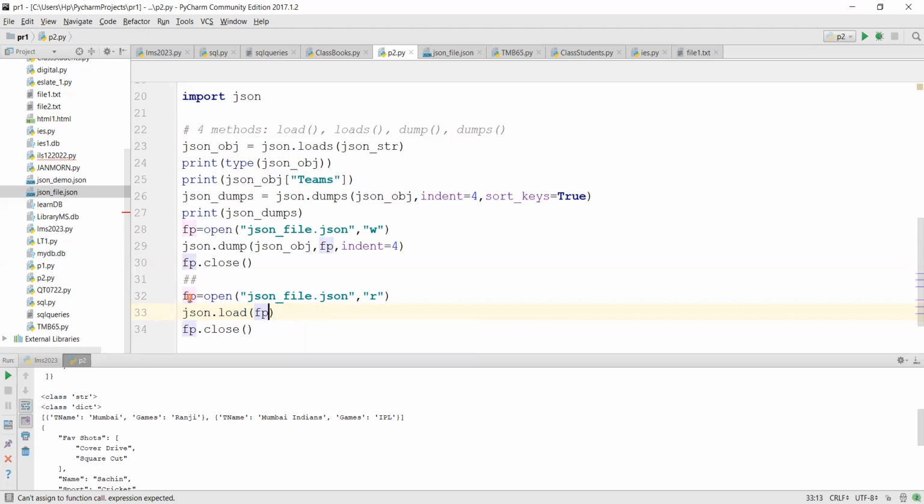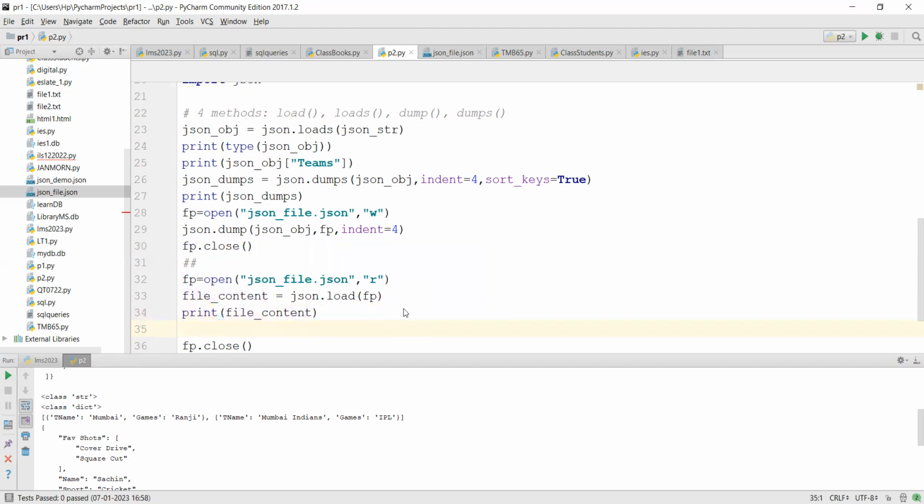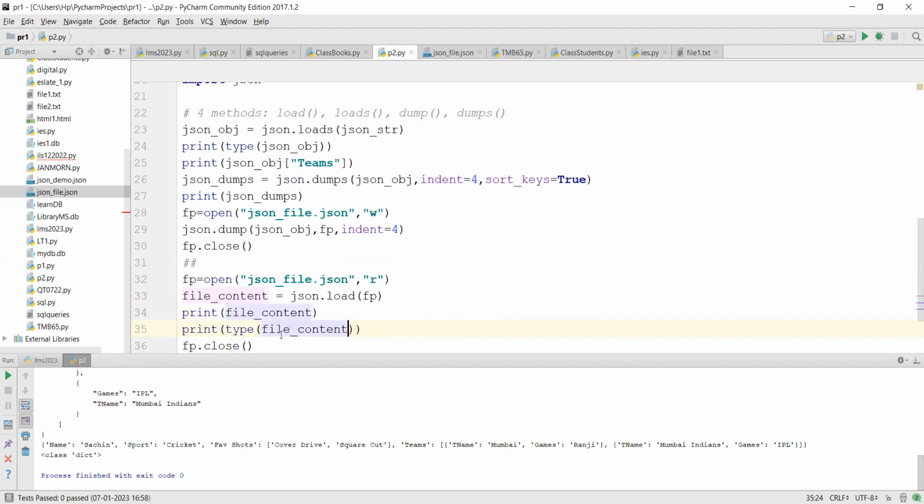So I'm reading JSON file.json, and now I need to save it in an object, right? When you read, you need to save it somewhere. So I'm going to say file content or something like that. And now you print it on the screen. Print file content. And if you want to see the type of file content, you say print type of file content. Now when you run it,